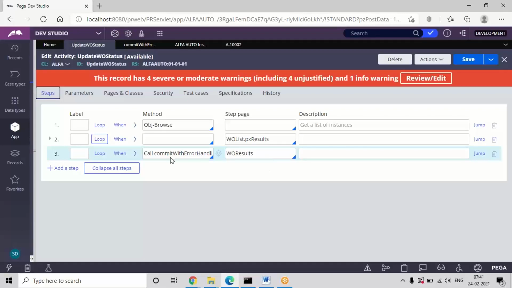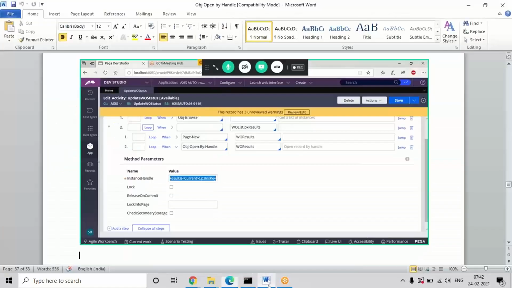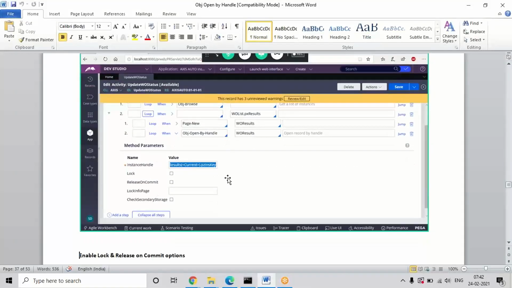Okay, so that is about how we can fetch multiple records, update them and save them again. So these are the complete methods. Initially we implemented each method separately, but all the methods we have now implemented in one scenario. So like this we can achieve it. Like what your requirement is, accordingly we'll be using the methods and filling the parameters for these methods. Okay. So any questions still here?